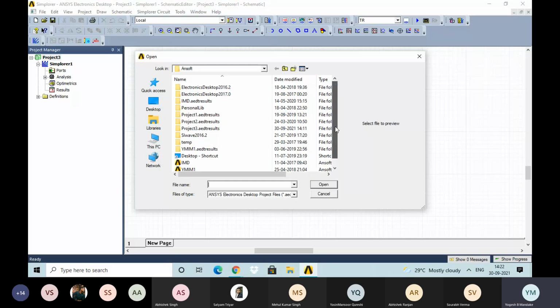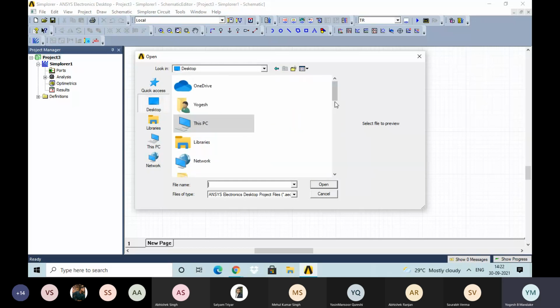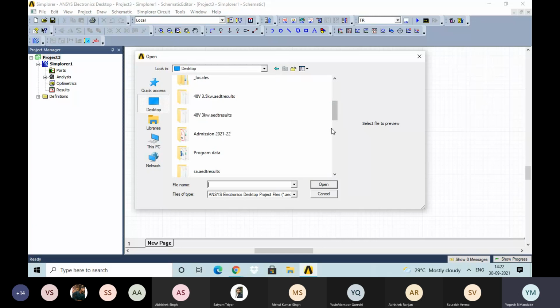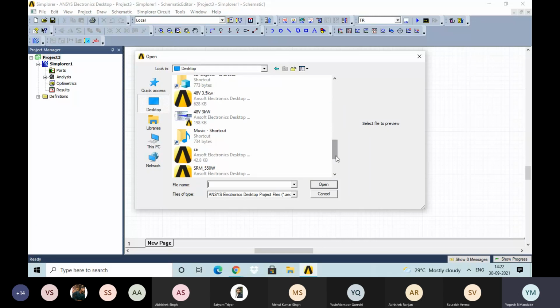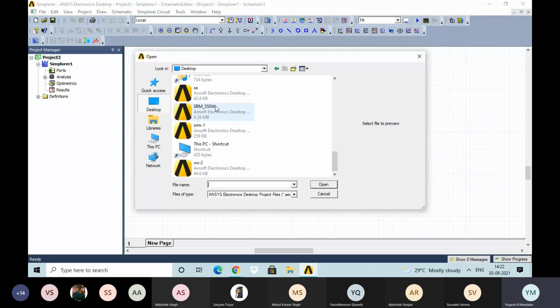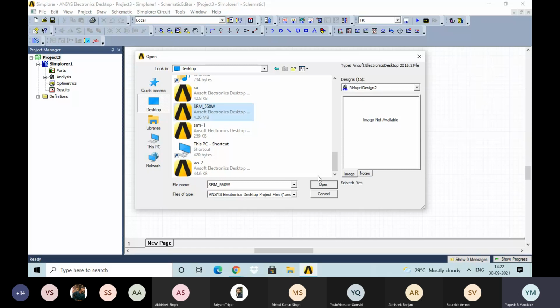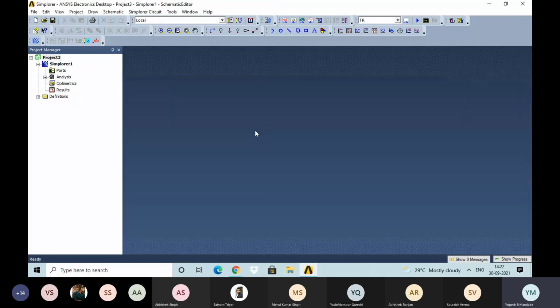For example, I have selected the current project on which I am working. So suppose I will take the example of the 550 watt SRM, which is nothing but a switched reluctance motor. So I will just open this tool. Now you will be in the RM expert tool. So it will take some time, just bear with me.